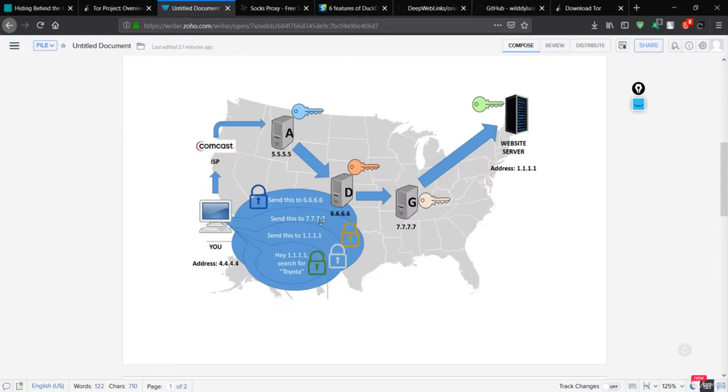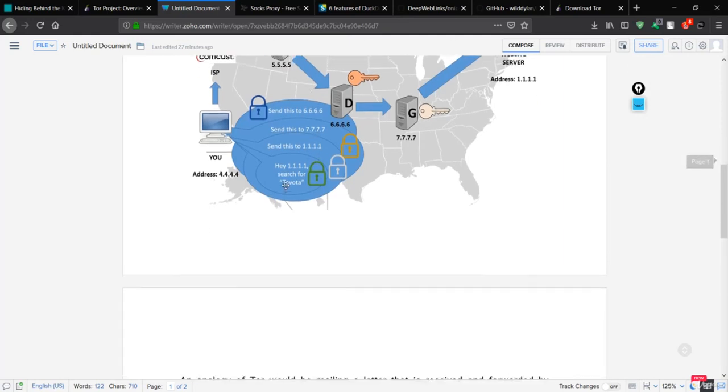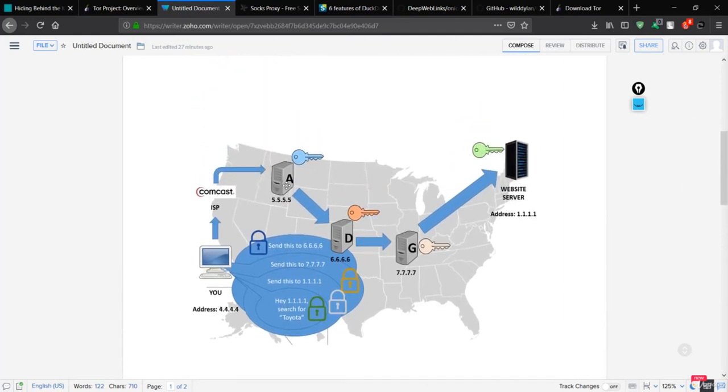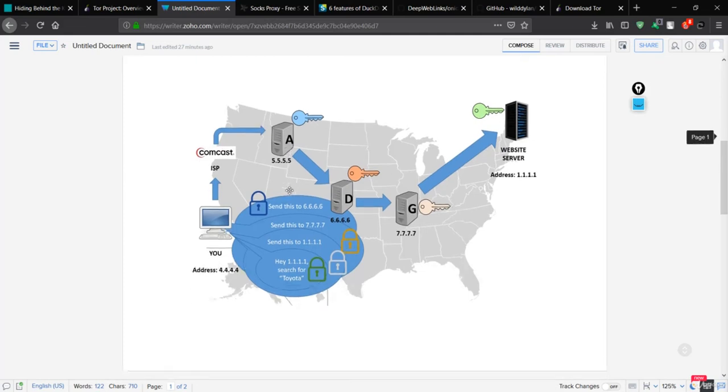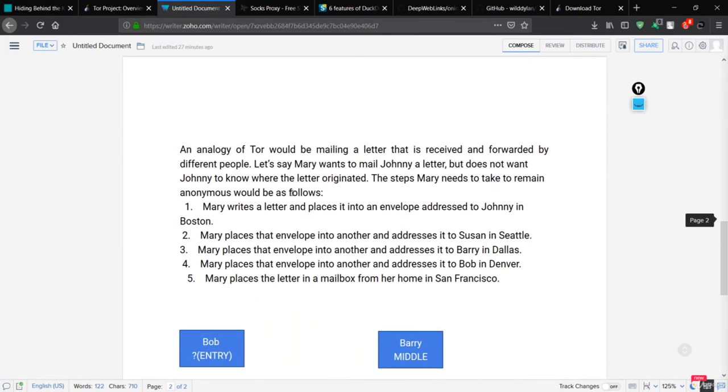So if you do any illegal activity, and I won't encourage anyone to do any illegal activity on Tor, but if you do, there will be an encrypted link, so the person who is going to track you, and I'm not saying they cannot track you, will find it hard to track if you use Tor for attacking or for anything that is not legal.